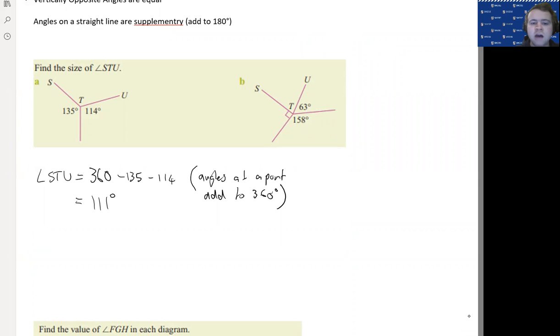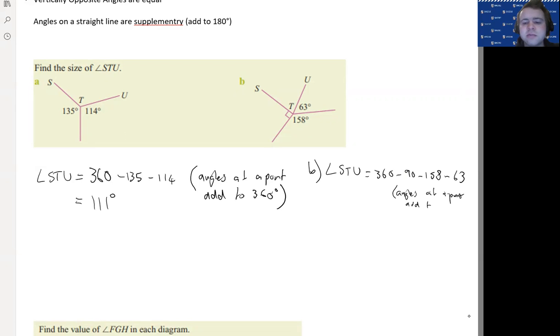Okay, so we used the 360 minus the other two angles to find the remainder, which gives us the angle STU. For part B here, we have a few more angles to consider. So we've got angle STU, and again, it's going to be 360 minus because they're all at a point. But we've got to remember that this square symbol means 90. So minus 90, minus 158, and minus 63. And our reason is angles at a point